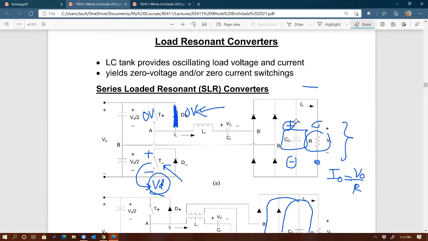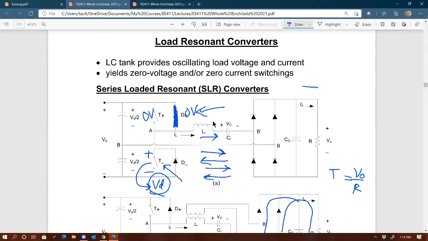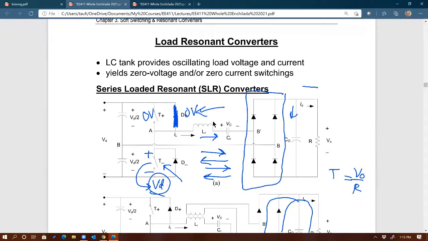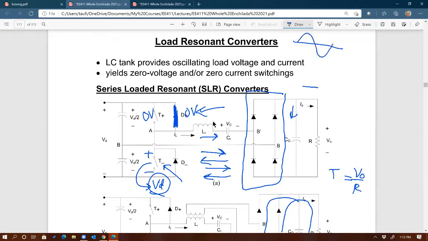Let me erase this, so you can see that this inductor current right there is going back and forth like a sine wave. Back and forth, positive, negative, positive, negative. But when it goes to the output, that current is being rectified. See that by this full bridge. So therefore, if the inductor current goes like a sine wave, output current will be a rectified sine wave like